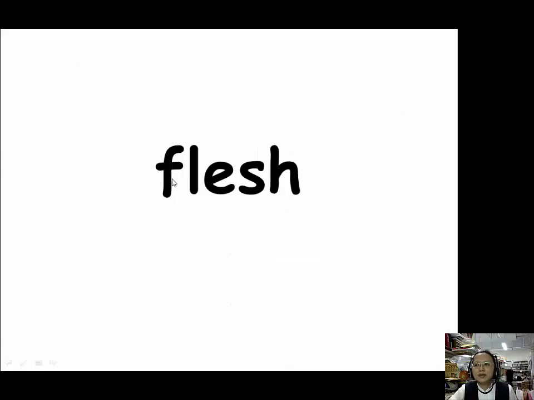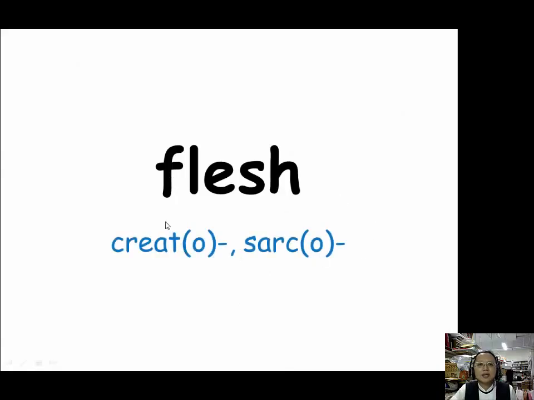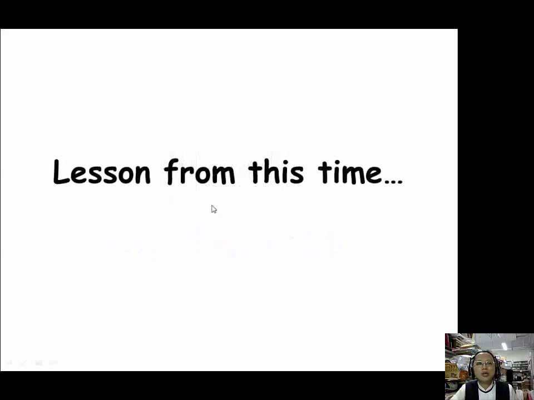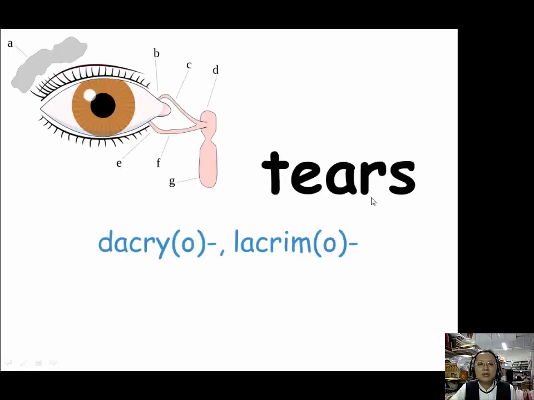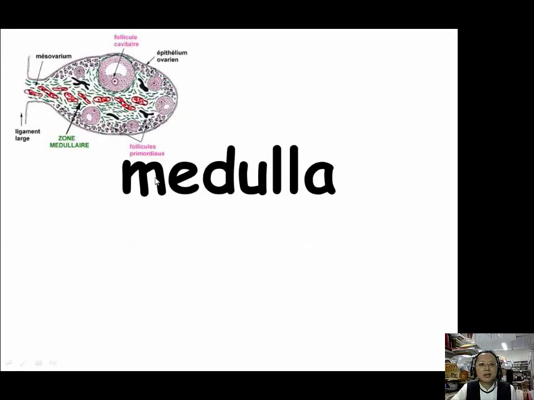Let's review what we've learned. For flesh, we have two prefixes, creato, C-R-E-A-T-O, and sarco, S-A-R-C-O. Now we have finished all the prefixes and suffixes for lesson 14. Let's review what we've learned this time. For tears, we have two prefixes, dacryo, D-A-C-R-Y-O, and lacrimo, L-A-C-R-I-M-O. And for medulla, which is the center part of any gland, we have medullo,